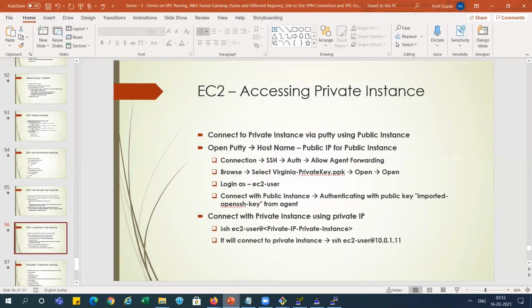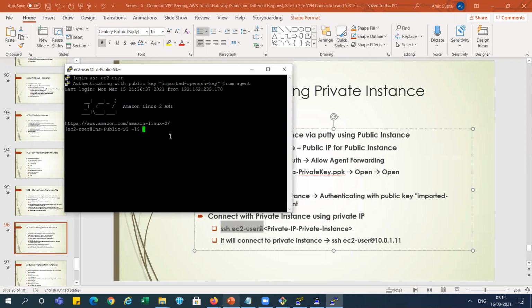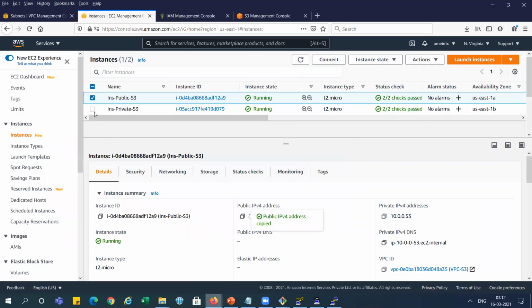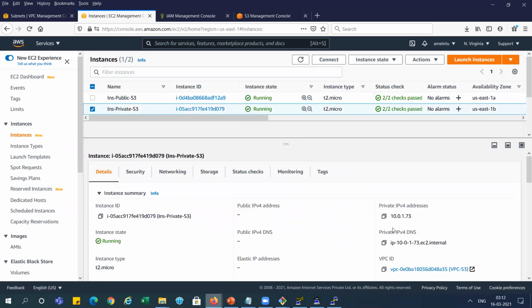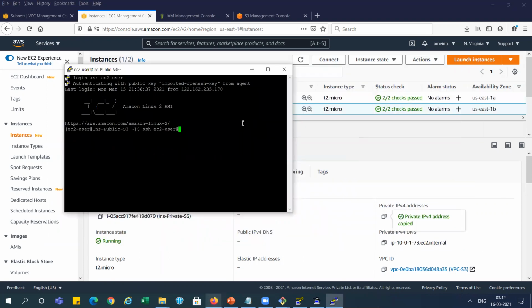You can see ssh ec2-user at the rate of the private instance, right? So we are just going to connect. And what is the IP? The private IP for that instance, you can see this one. We are copying it, right? I'm just going to connect.